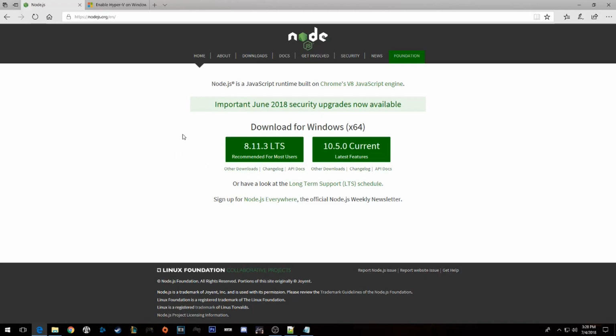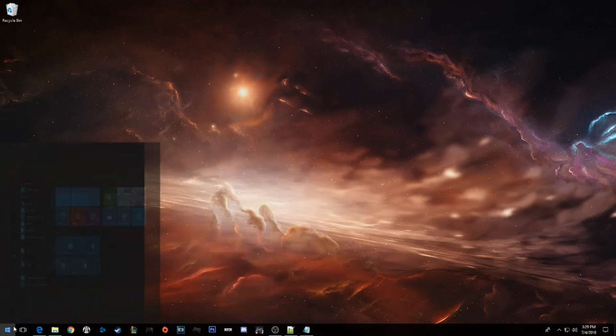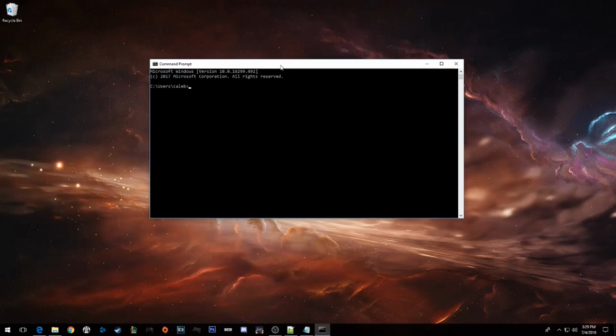The first thing you're going to need is a main dependency, which is Node.js. Just go to nodejs.org and download the recommended version. I already have it downloaded, so I'm not going to install it, but it's pretty much just a next situation. Once you've got that installed, you're going to want to open command prompt and install the other two main